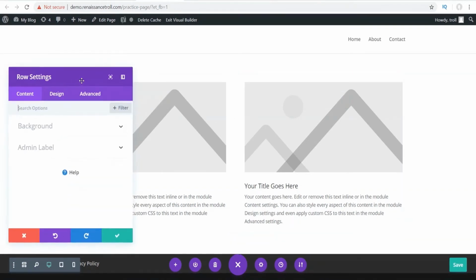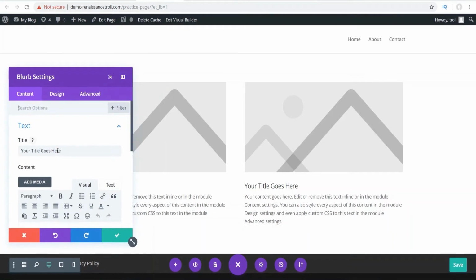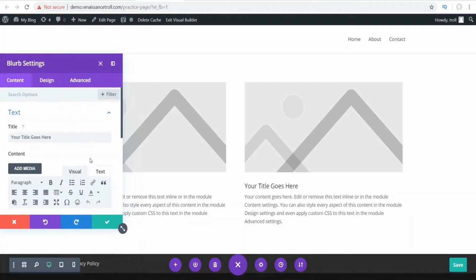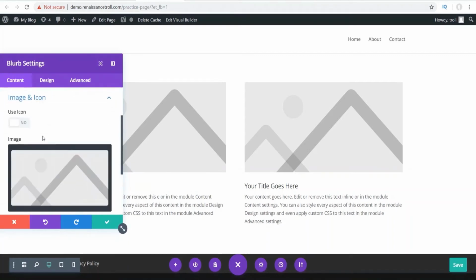So if we go in here, clicked on the row, if we go in here, we can change the title and the body content. You can also, if you don't want to change it in here, click directly here and you can also delete and edit text. But what we're going to do for the blurb is come down to image and icon,